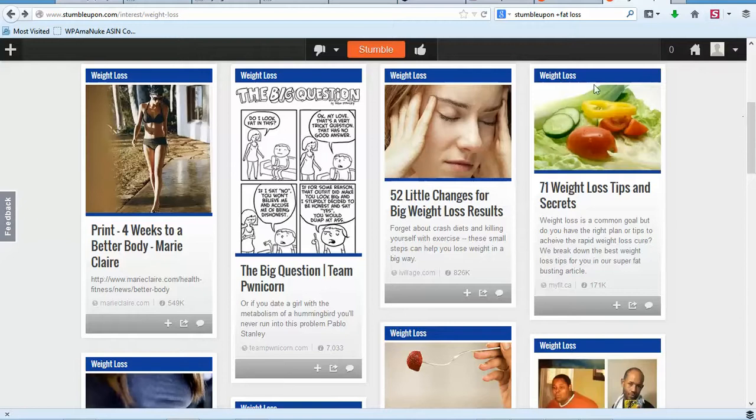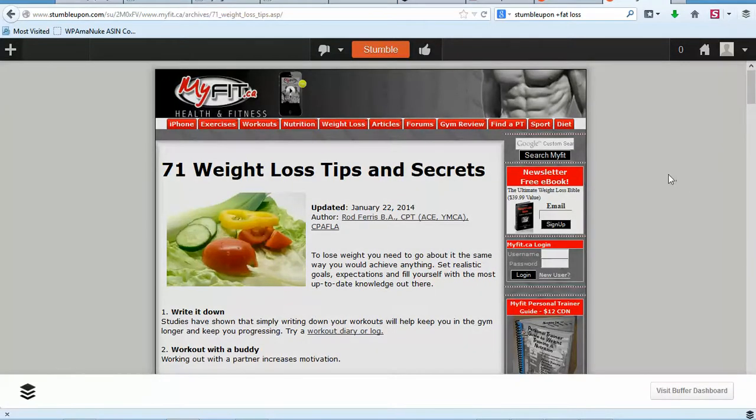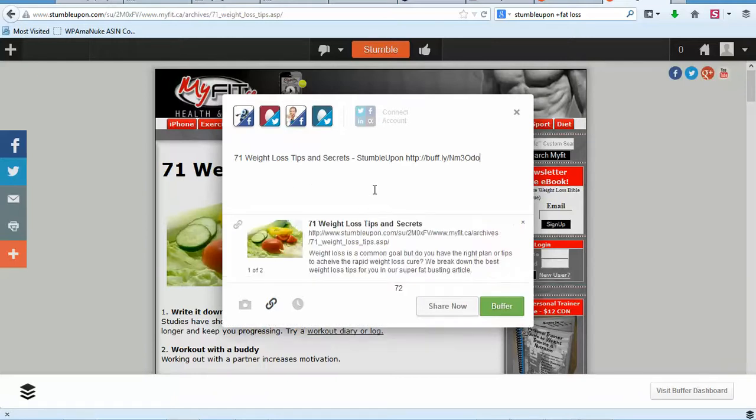Okay, so let's say that we want to connect with this particular site. If we click on it, click on the title, and what we will do is click on the Buffer application or the app. So what we're doing is sharing content that is similar to what our site is about. And what we do is click on Buffer, and what that does, it puts this share into a queue